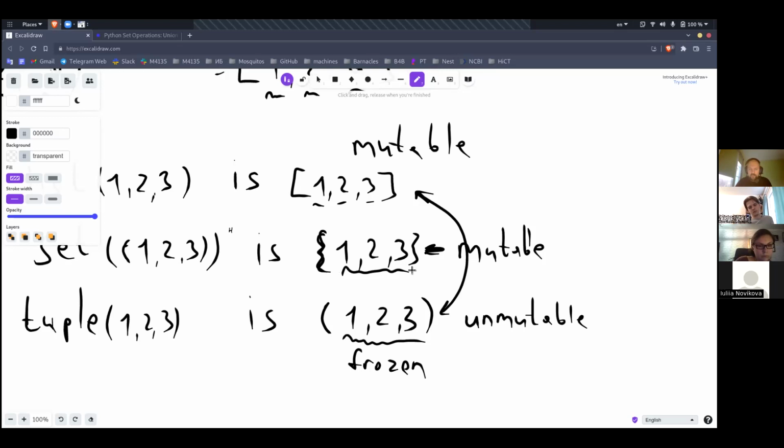It's a mutable object. We can add elements to the list. We can get rid of elements from the list, but we cannot change the elements inside tuple. So I think that's all for today, but I will write much more and will send you